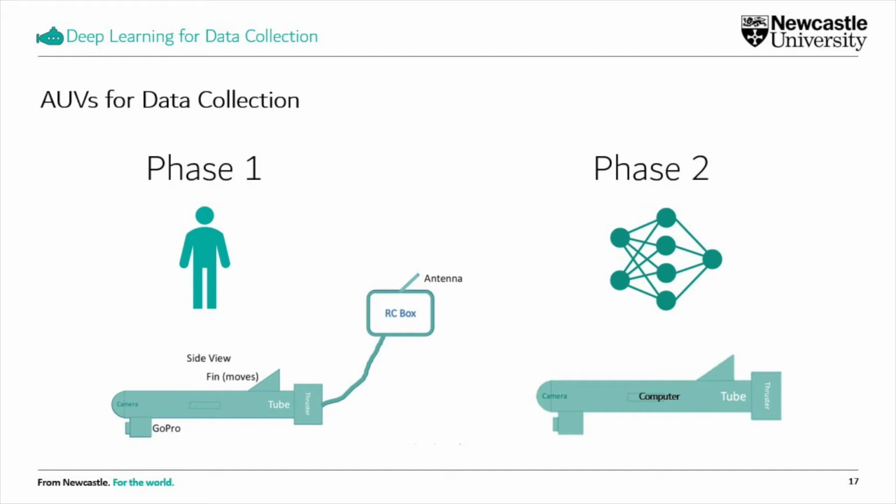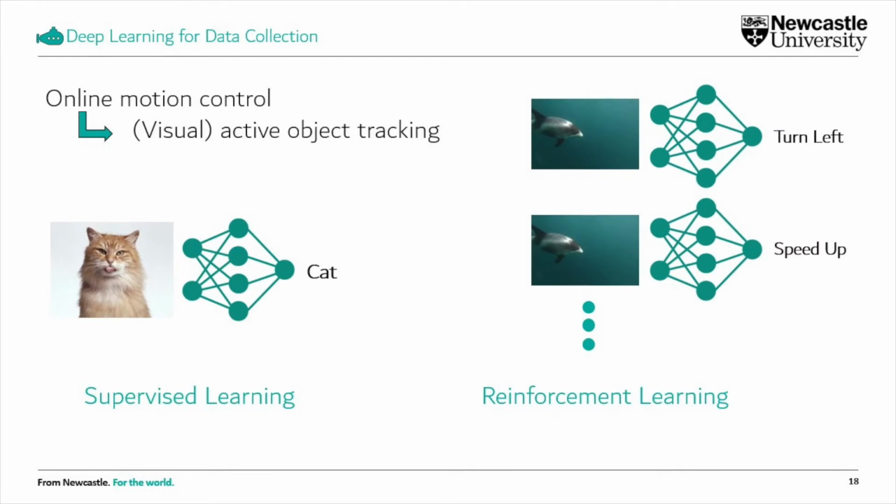system is tethered to. And in phase 2, we cut the cord, if you like, and lose the RC box, and instead of the footage live streaming to a display, it instead streams to a small computing device sitting in some waterproof housing on the actual vehicle, and will serve as input to a neural network saved on the computing device, a pre-trained neural network that will output those same steering commands that the human operator could send in a closed-loop, truly autonomous system. So the problem that we're tackling here with deep learning is one of online motion control,